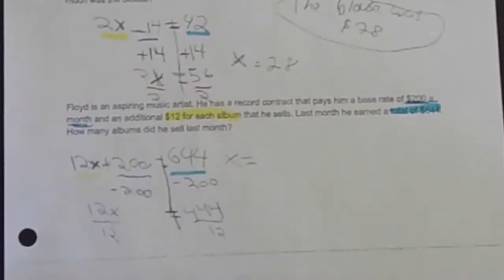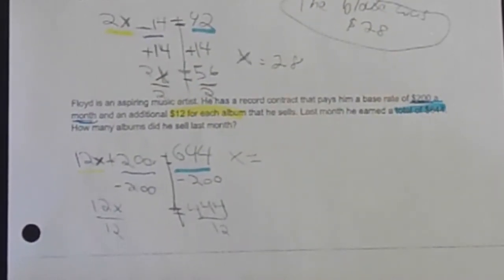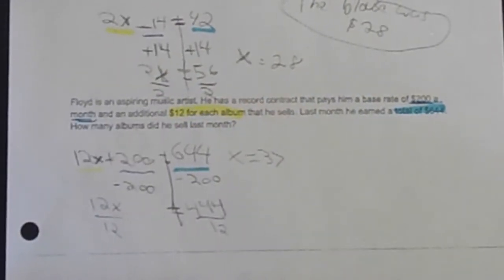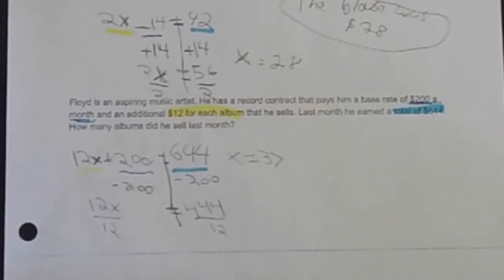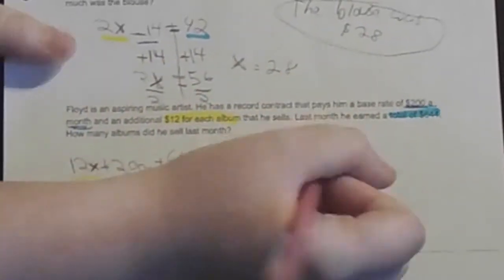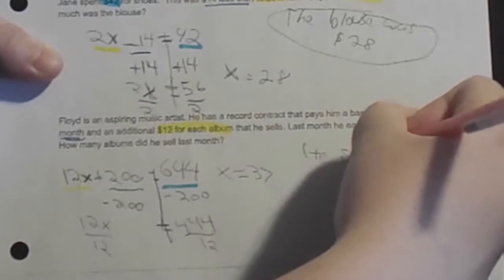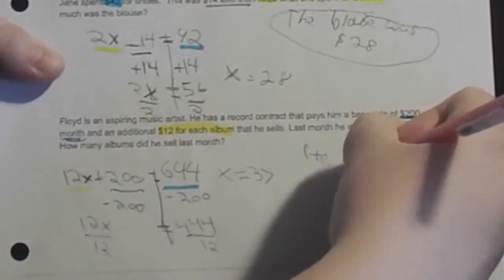by 12. So I find out that x equals 444 divided by 12, which is 37. Again, my answer needs to be a full sentence because the question asked how many albums did he sell last month. He sold